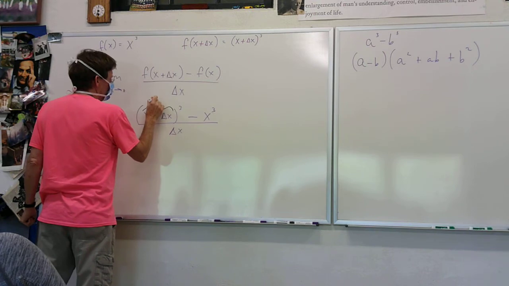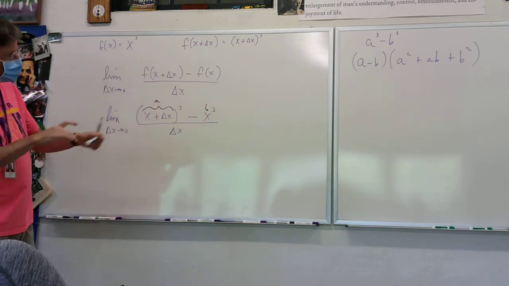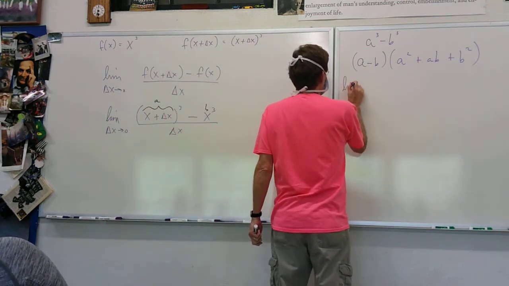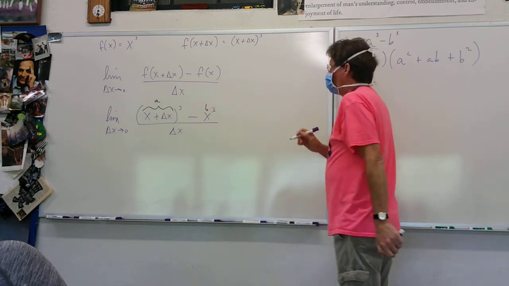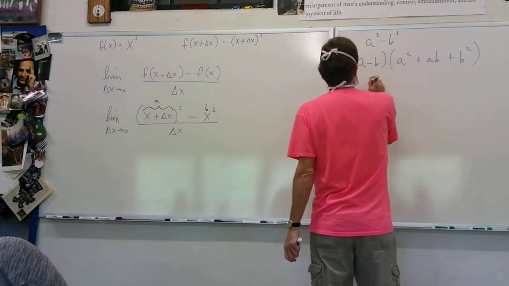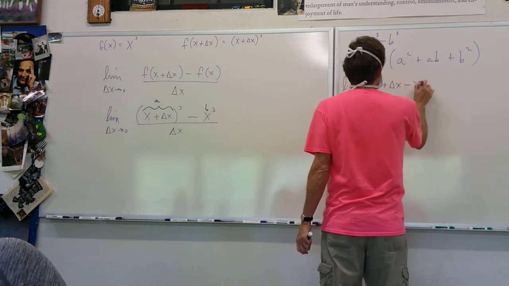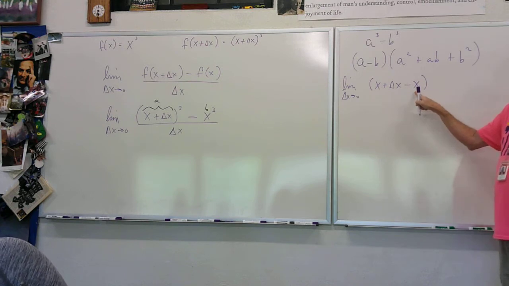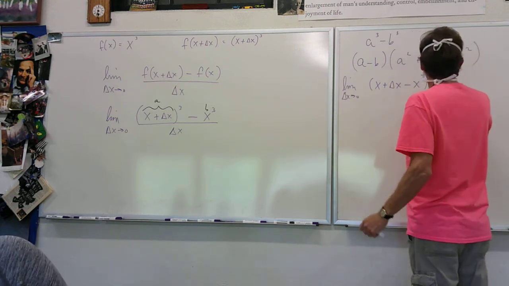There's your A. There's your B. So we're going to put it in the formula right here. Limit as delta x approaches 0 of x plus delta x minus x. There's your A minus your B. Then I'll put x plus delta x squared